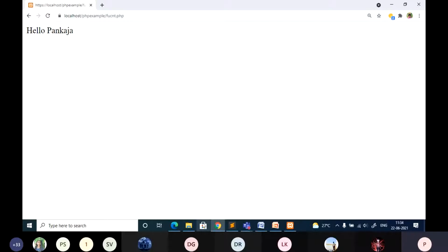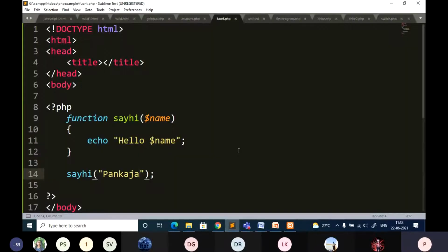So it's so simple to represent functions in PHP. It is not a complex thing. In case I add some logic here to calculate something, what happens? Before going to the next one, let me add two parameters. Here I'll add my age also.